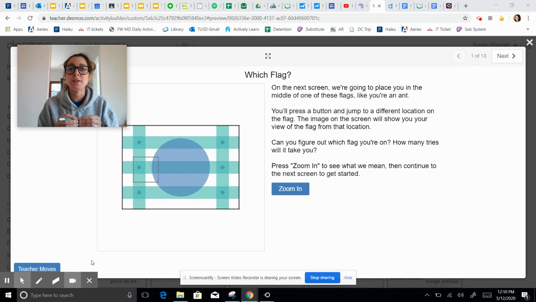So what you're going to be looking at today is different samples, and you're going to determine if it's a good sample or a bad sample for the population. And the way that we're going to do that is with this activity called Mystery Flag, where you're going to be given a little piece of the flag and then try to identify the correct flag that little piece is